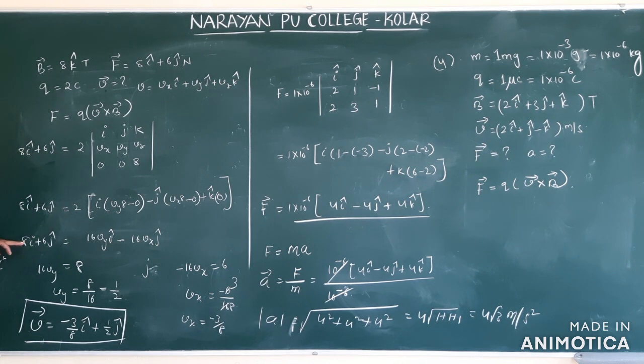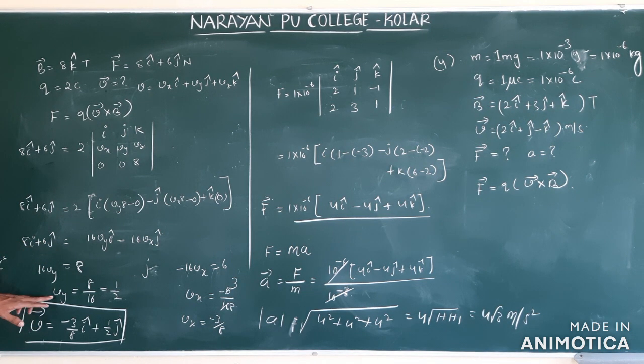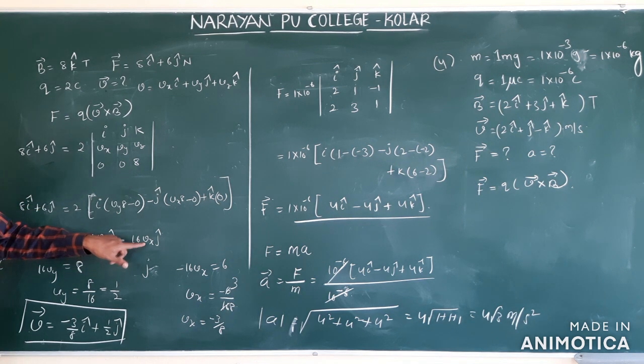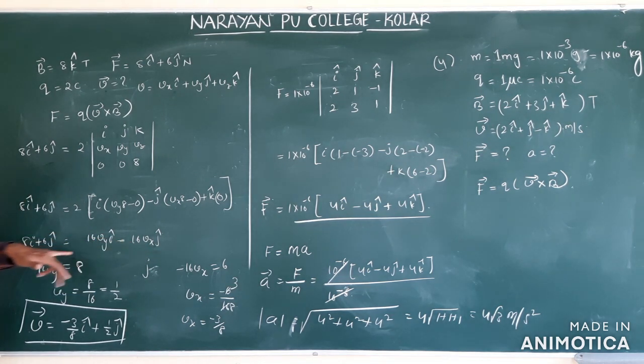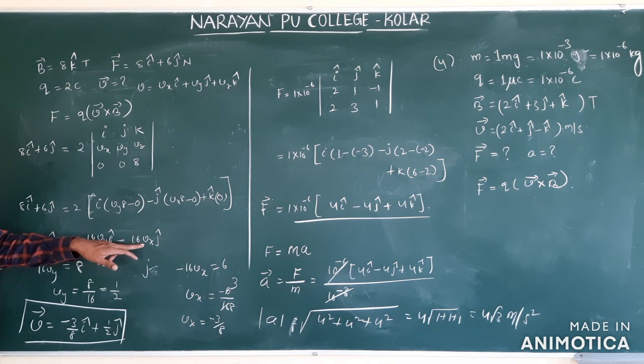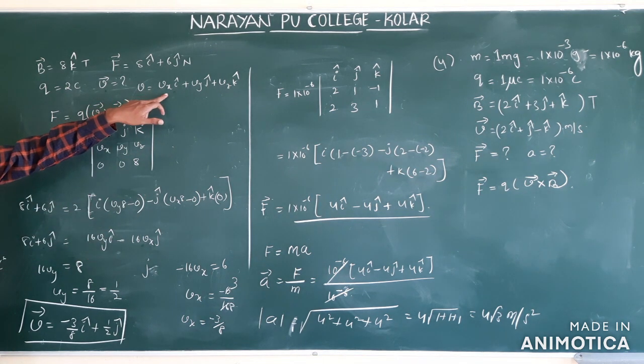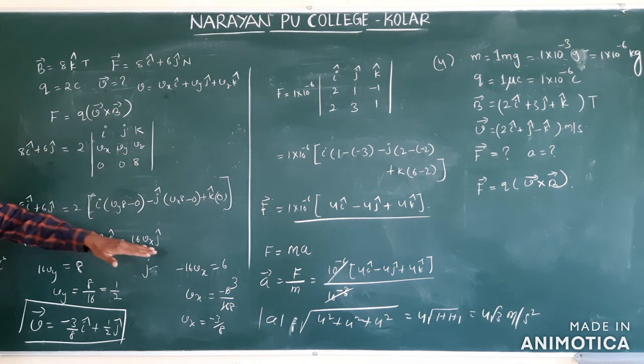After that, I compared the components, LHS side and RHS side, the i components and j components. We got the Vx and Vy values. Do not worry. Sir, Vx we took as i cap, and here we got j cap. Don't confuse. This is what we got in the solution. But by comparing the j component here, we will get Vx. That Vx we substituted here. Understand? Here you may confuse. Don't confuse.